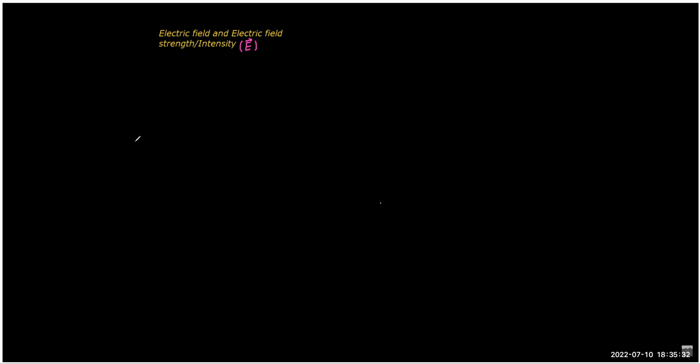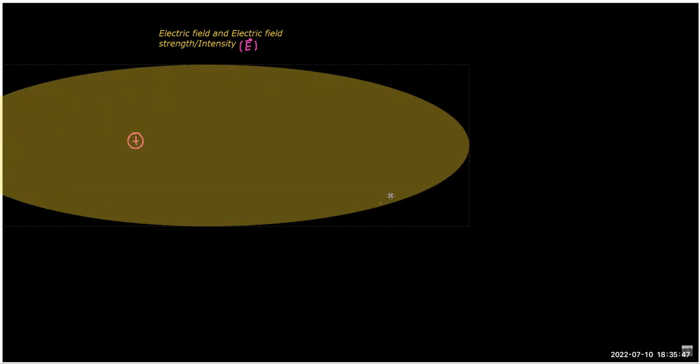So when we have a charge, let's say we have any charged particle. The moment a charged particle is born into this universe, it sends the field everywhere. So the field will be created in the entire universe, and theoretically the field will be spread up to infinity. Not definitely, it will follow the inverse square law and will decay as you go away from the charge itself.